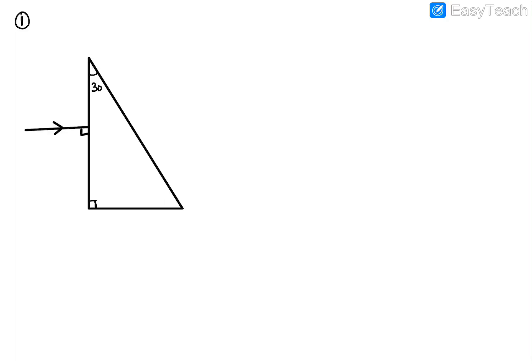Guys, now let's say this is the light ray which is falling, and all this material is glass only. Now first, what is the critical angle for glass? We know the critical angle for glass is equal to 42 degree. So we are going to use this value and complete this drawing. Now let's say this is your prism ABC.